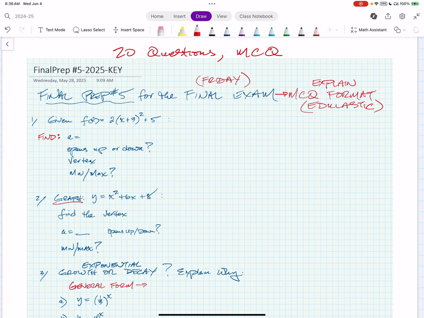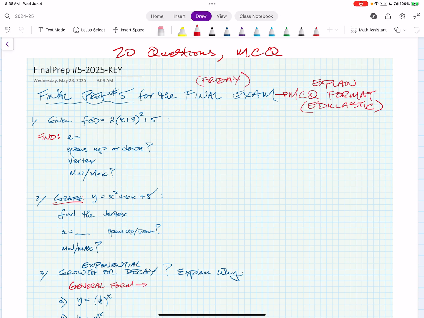Now that doesn't mean you don't work things out by hand. So I'm going to give you a paper copy of the test. You're going to be working it out on paper like you normally do, and I'll explain that as we go, and I'll explain the type of questions that you're going to be asked to respond to. Okay, now the first one here